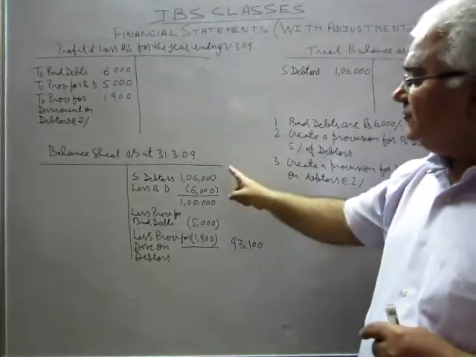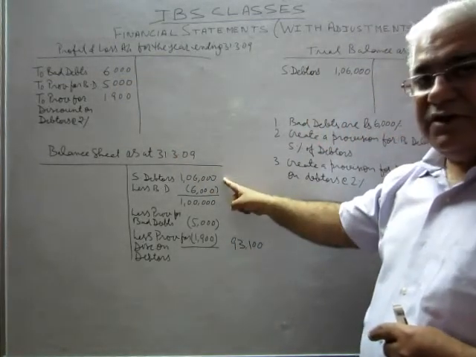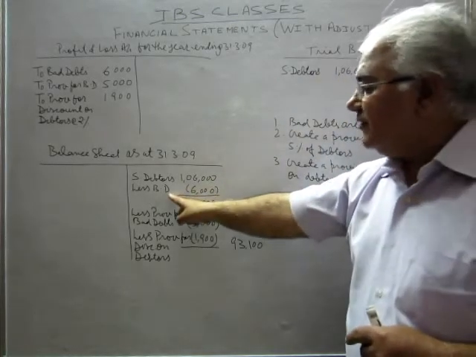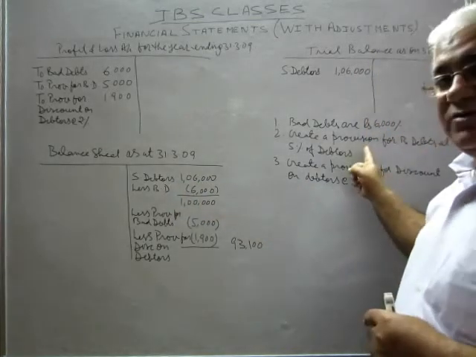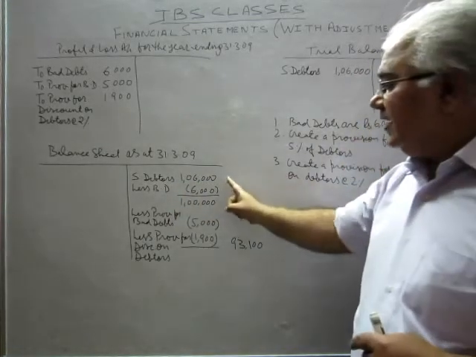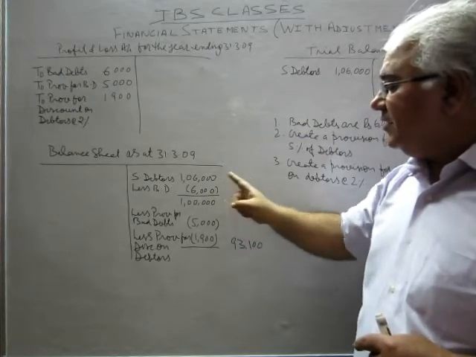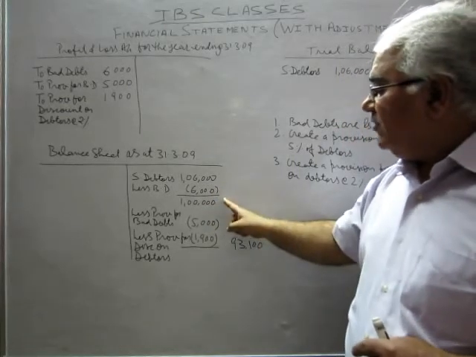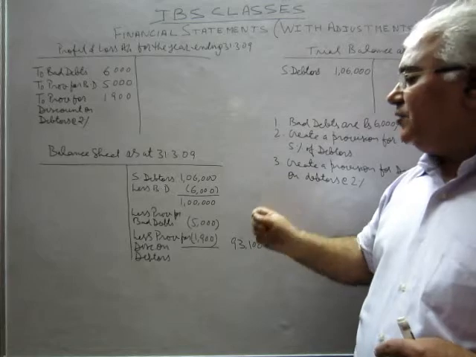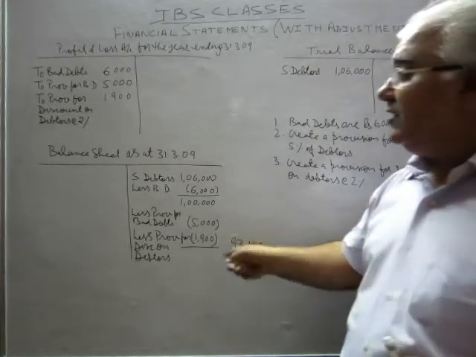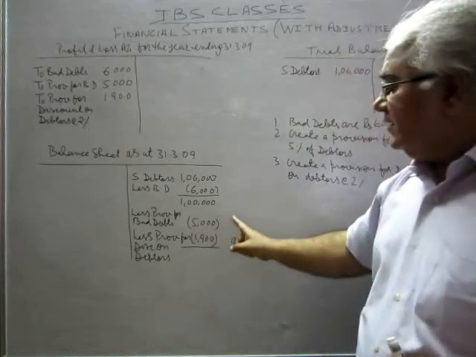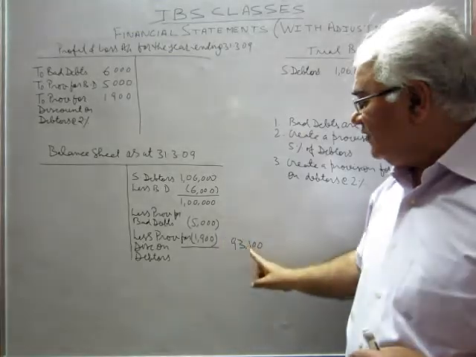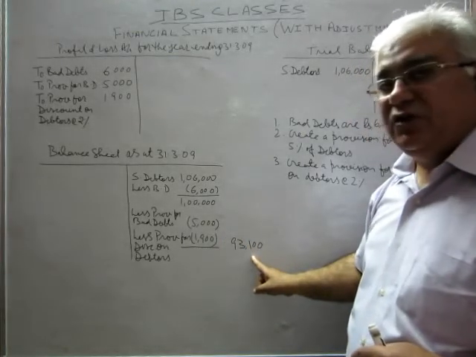And in the balance sheet, this will be shown like this. This is the amount of sundry debtors appearing in the trial balance. And this is the amount of further bad debts which were given in the adjustments. Here, they are reduced. And from this, we created a provision for bad debts. This is also subtracted from this, and on 95,000 rupees, a provision for discount on debtors is created at the rate of 2% here, that is 1,900. That is also shown as a deduction from sundry debtors, and this final figure of 93,100 is shown in the